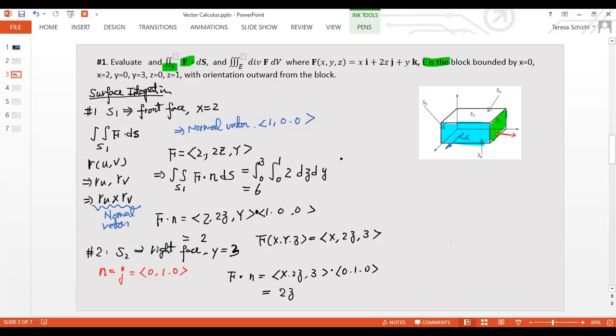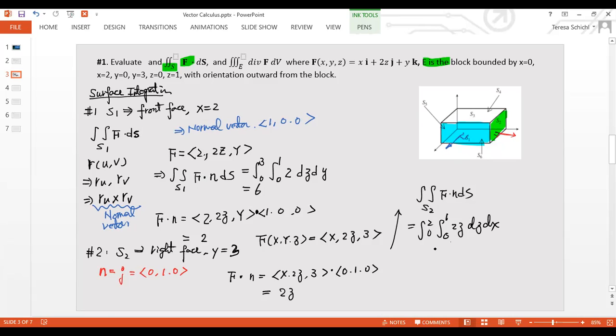Okay, if this is 2z, then my integration is here. You're integrating over the surface S2 here, so this will be F dot n dS. So what is the surface S2 here? It's 2z, and now you're going to do dz dx, right? Because y equals 3. So what is z here? Z is 0 to 1. What is x here? X is 0 to 2. So you integrate that, you will get